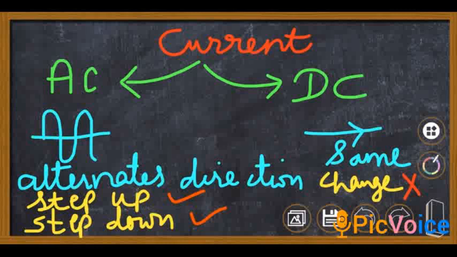Suppose you are generating at 11 kV. After that, while transmitting to higher industries, you have to give some other voltage. For giving for household, you have to give some different voltage. So accordingly, you can change. You can either increase or decrease and then supply. So this is the benefit with the AC current, and that is why in the power stations, the current generated is AC, that is the alternating current.